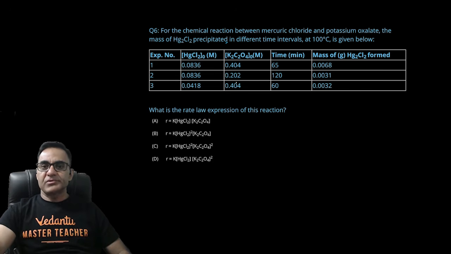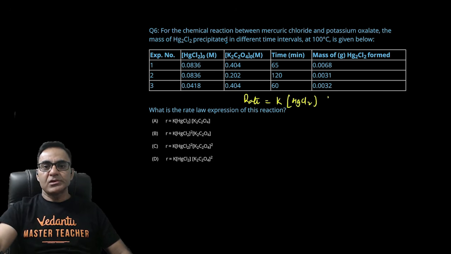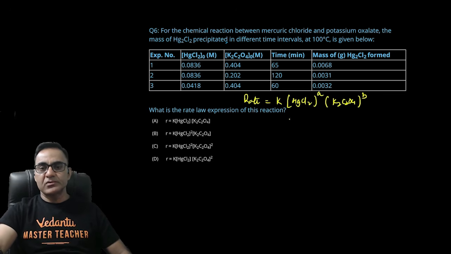द केमिकल रिएक्शन बिटवीन मर्क्यूरी क्लोराइड एंड पोटेशियम ऑक्सलेट गिवन है, और आपको बताना है ऑर्डर ऑफ रिएक्शन विद रिस्पेक्ट टू ईच, टू राइट अ रेट लॉ एक्सप्रेशन। ठीक है, चलिए तो देखते हैं क्या आता है। लाइक अगर मैं मान लूं कि रेट इज इक्वल टू K इंटू कॉन्सेंट्रेशन ऑफ HgCl2 इंटू कॉन्सेंट्रेशन ऑफ K2C2O4 रेज टू द पावर B, और इसको मैं मान लेता हूं A। ठीक है, यहां पे एक रेट का कॉलम चाहे तो और बना लें,